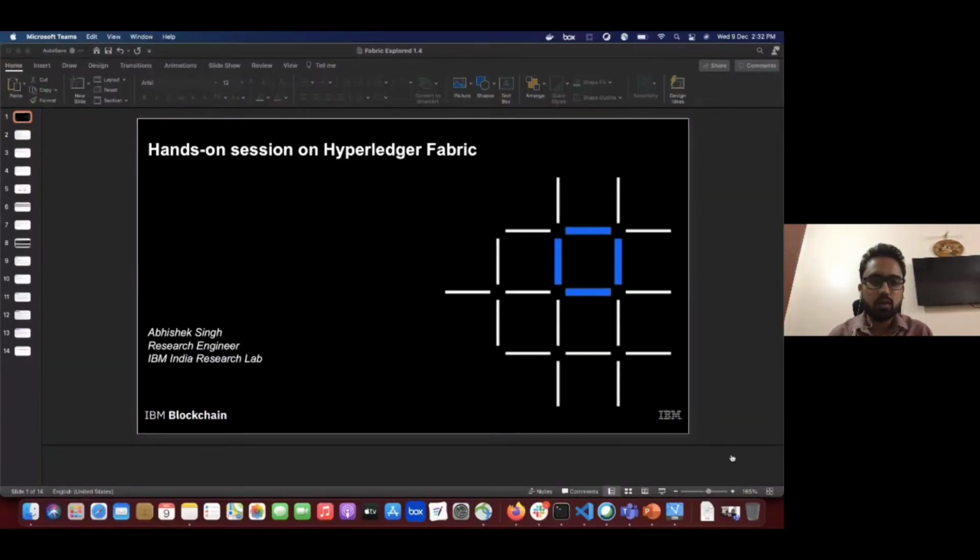I'm going to take over in this session, the hands-on session on Hyperledger Fabric. In the last two sessions, my colleague Krishna Suri covered mostly Hyperledger Fabric. So I hope you are now comfortable with Hyperledger Fabric and have understood the concepts and the basics. In this session, I am going to explain how to set up Hyperledger Fabric, and I will show you one simple smart contract that I'm going to deploy, and I'm going to execute some transactions on that smart contract.